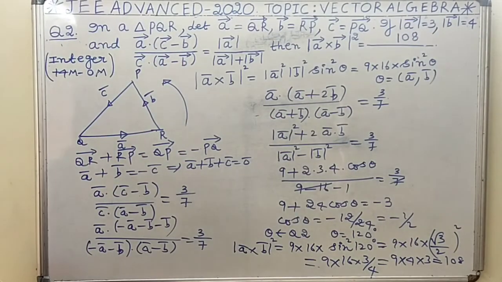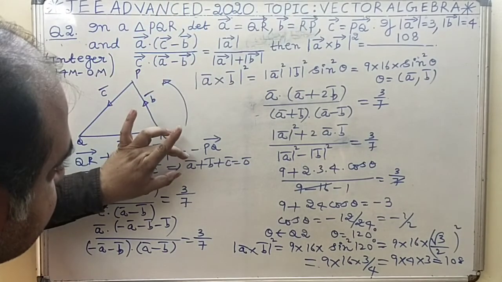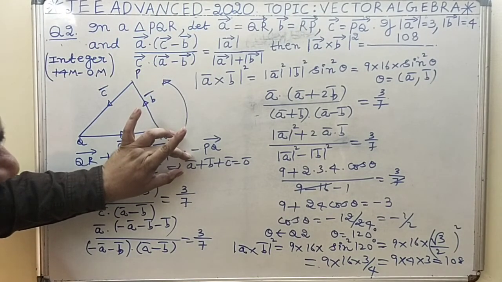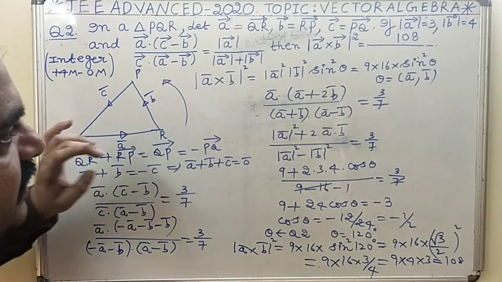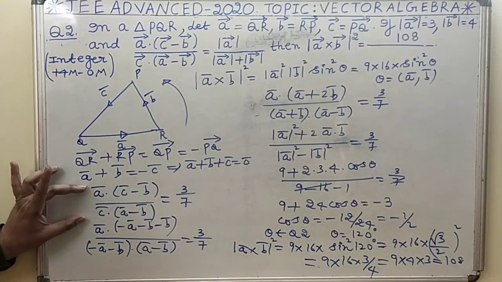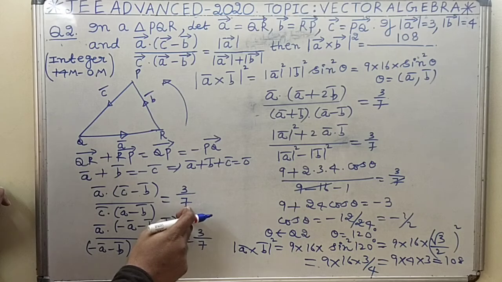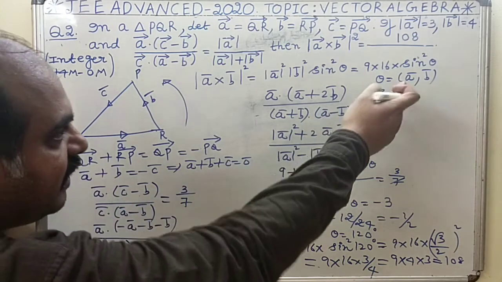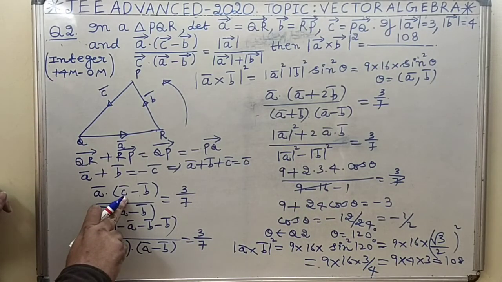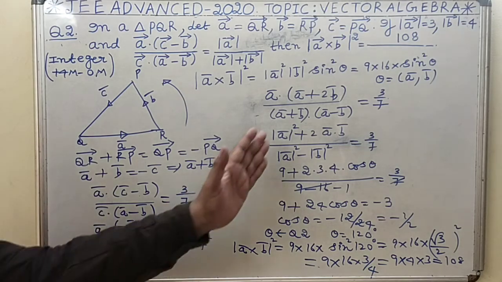What is the strategy here? A bar, B bar, C bar relation, one strategy. After finding the relation, what you need to calculate is the angle between A bar and B bar. Now, the given relation appears bigger, but if you substitute the numbers, you will get 3 by 7 as the first step. No need of C bar because you want only the angle. So C bar is eliminated like this: minus A bar minus B bar. Then you got this relation.